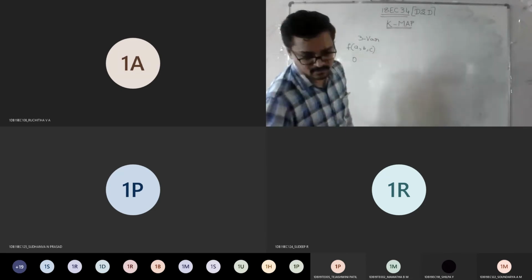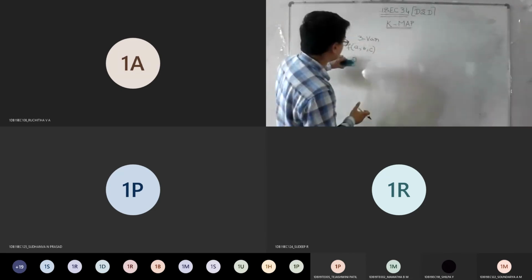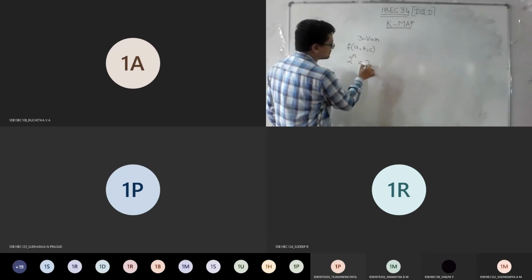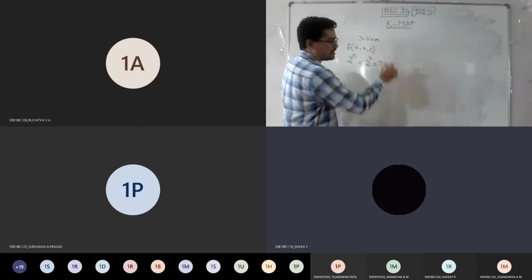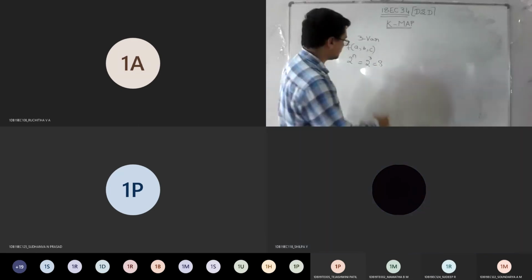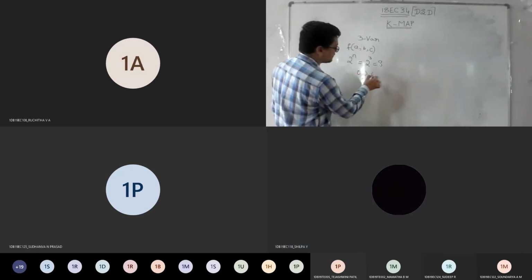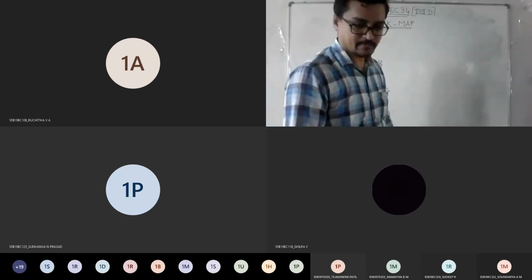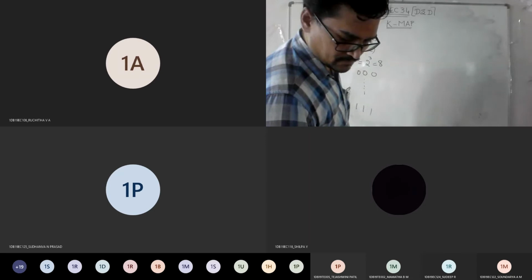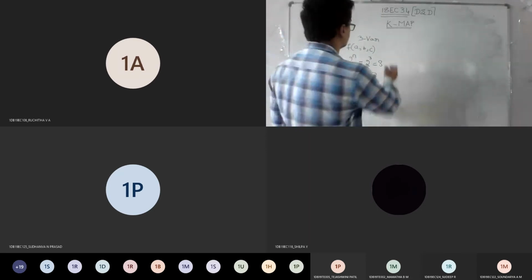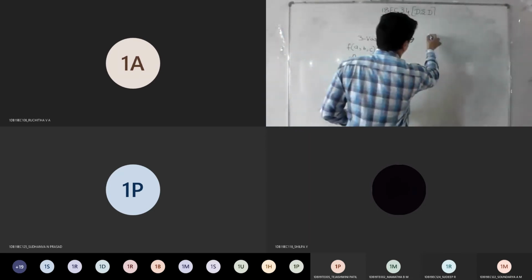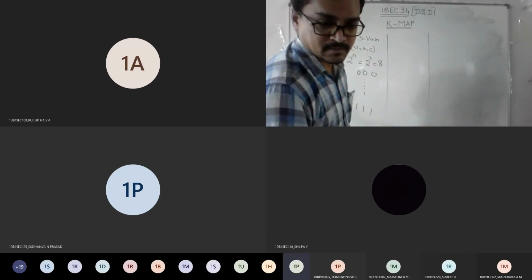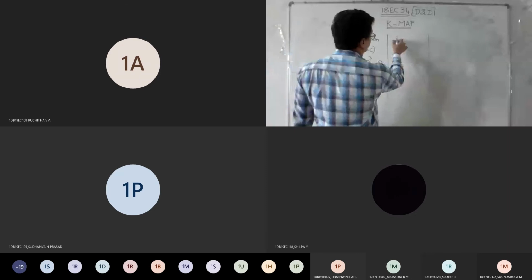For this, what is the truth table? If I say 3 variables, how many combinations here? 8 combinations, correct? So for that purpose, you wrote a truth table starting from 000 and ending with 111. So this is the concept for 3 variables. Am I clear, everyone? Yes, sir.